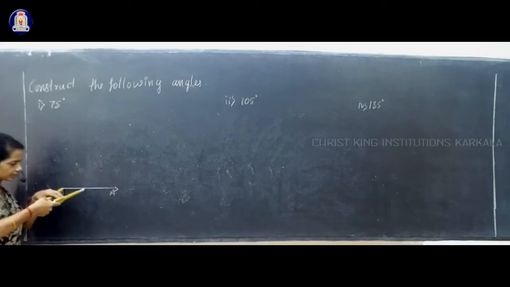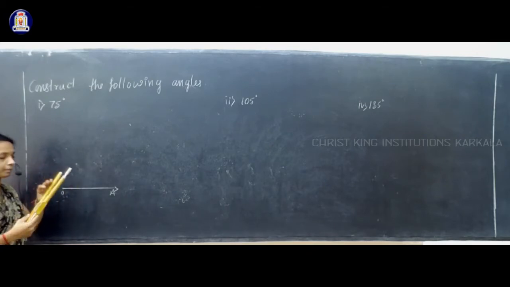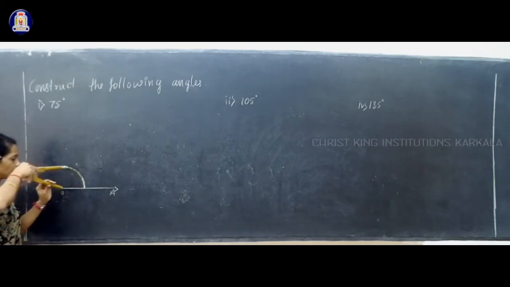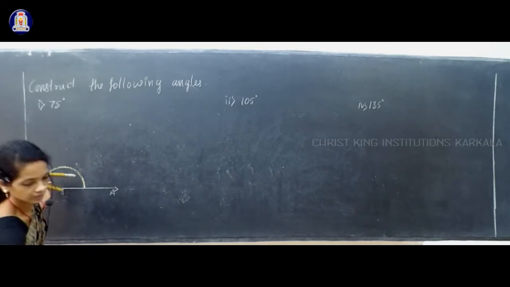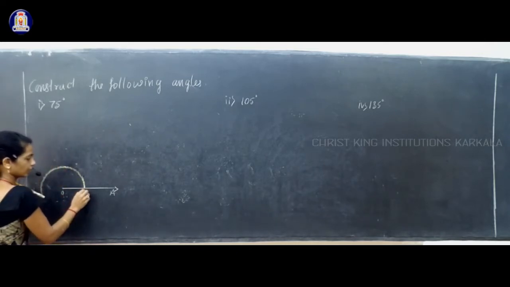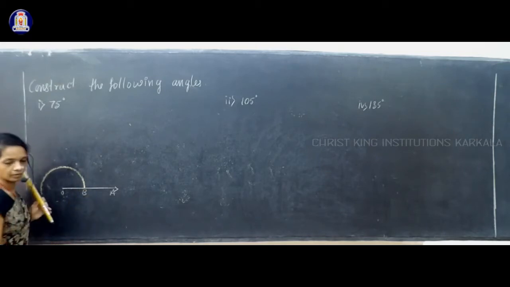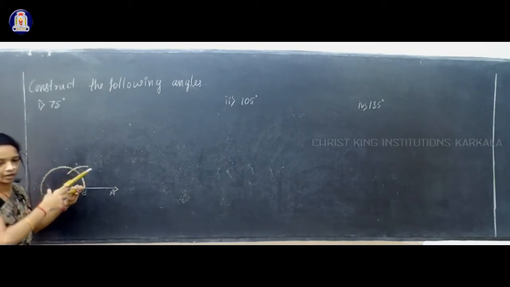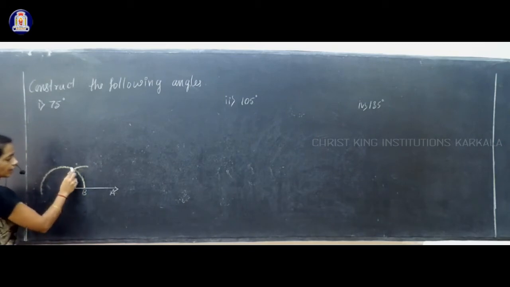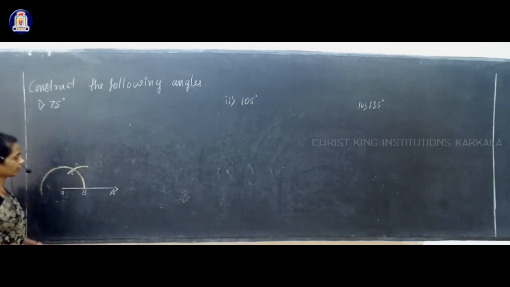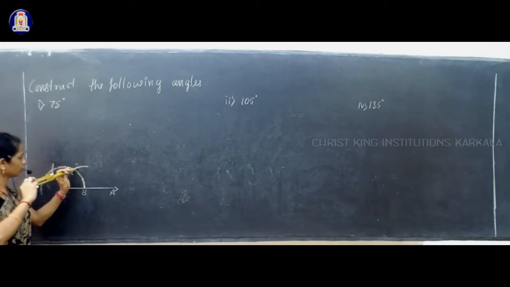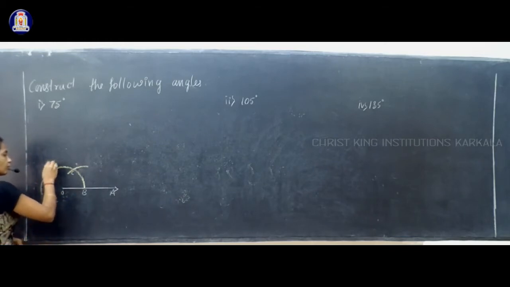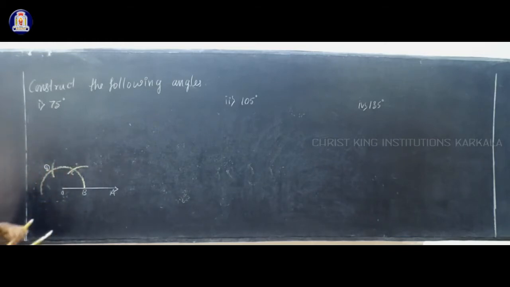To construct a 60 degree, you have to take some length in a compass and draw one semicircle starting from line OA like this, and the starting point of this semicircle on line OA you take as B. Next, keep it at B and cut this semicircle by an arc, and take the point of intersection of arc and this semicircle as a point C. Next, keep it at C and draw one arc such that it should cut the semicircle. Take out the point of intersection of arc and semicircle as D.